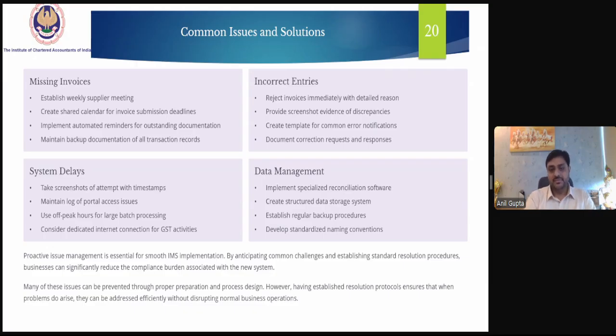Data management. Implement specialized reconciliation software. Create structured data storage system. Establish regular backup procedures. Develop standardized naming conventions.